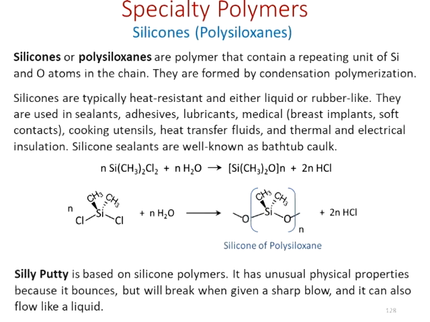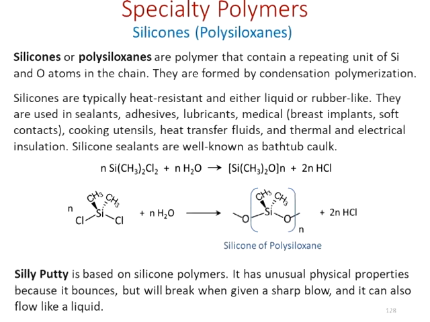So let's talk about a couple of specialty polymers. One example of a specialty polymer. Then again, we are switching gears slightly here as well. But again, we've talked about these mechanical properties, and because of these properties, there are some polymers that have differentiated themselves or been distinguished because of their mechanical properties, their physical properties, and their rheological properties. So one of them is silicone or polysiloxanes. Silicones or polysiloxanes, that's the same thing, are polymers that contain repeating units of silicon and oxygen atoms in the